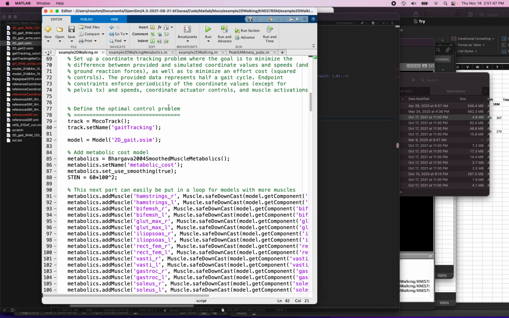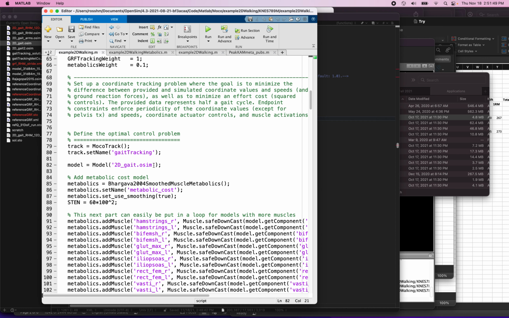So here, when I run my simulation and when I'm loading in the model, I didn't change the name of mine, but you might change yours and rename it 2D gait hip flex muscles or something, right? So load in your model that has those 2 hip flexor muscles. Then you're going to create an initial guess for that model with the extra muscles. You're going to stuff into it the values for your previous good simulation solution that didn't have those muscles, but it's going to try to stuff into there at least,